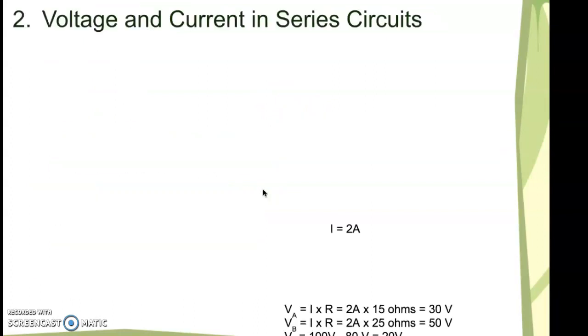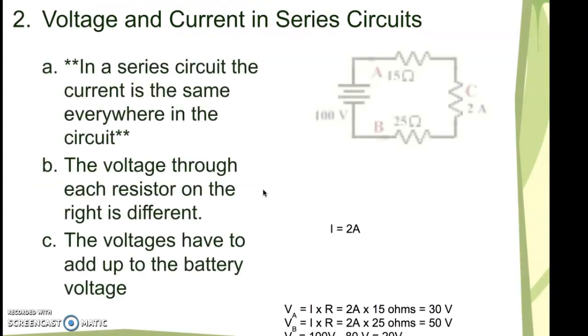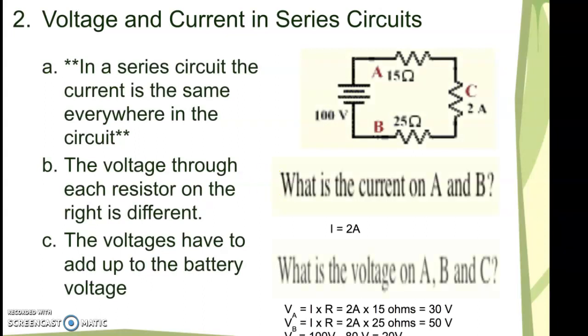Okay, so voltage and current in a series circuit. I want to just have these all show up. So the first thing I noted here is in a series circuit, the current is the same everywhere in the circuit. That's a super important point because it's very different from the other type of circuit we're going to learn about. But I like to think of it as like a river channel. If we had all sorts of different branches for this river to flow into, then you would measure different flows at different places. But if there's just one channel dug for this river to flow,